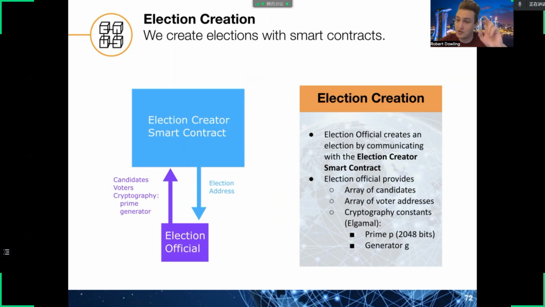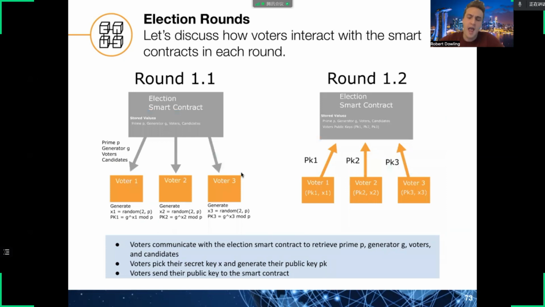The election official, which is just one of the Ethereum wallets, has an array of the candidates, basically who you can vote for, and then an array of addresses that are allowed to vote in this election. And then there are these cryptography constants, a prime and a generator. Without getting into how that cryptography works, just for the sake of the talk, just accept that this cryptography